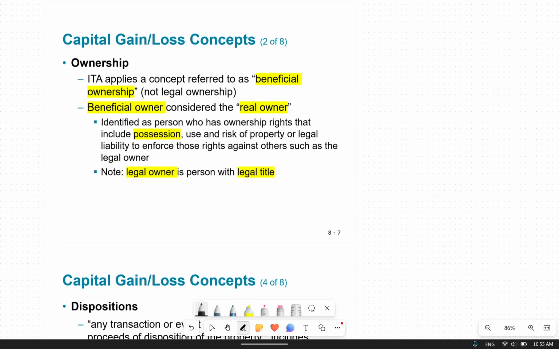Now when we think of ownership of an asset, that's what we mean. The Income Tax Act applies a concept referred to as beneficial ownership. There are two types of ownership. The first one is beneficial, the second one is the legal owner. Is there a difference between both? Yes, there is a difference. The legal owner is the person that has legal title to the property. That's what it means. When we think of a beneficial owner,